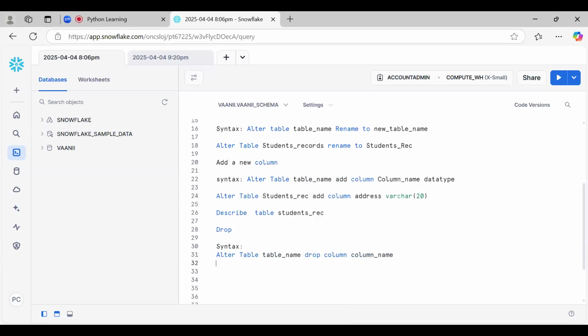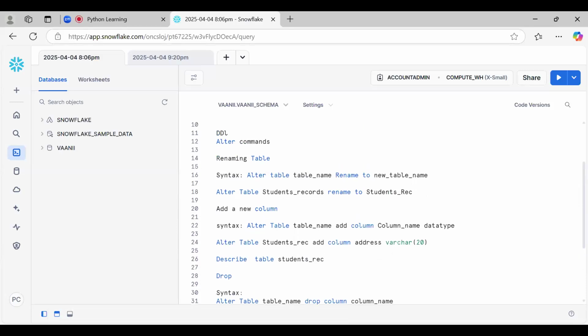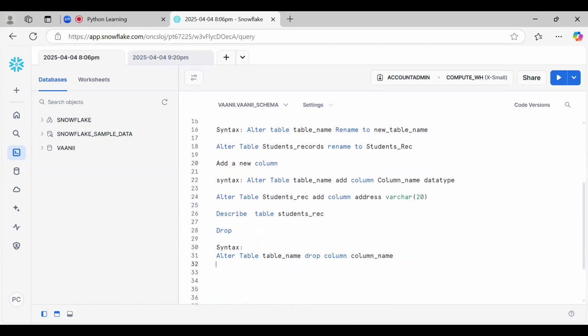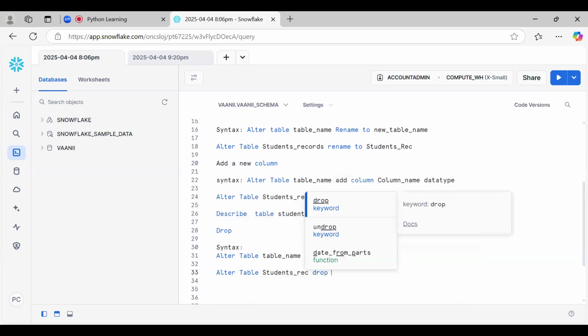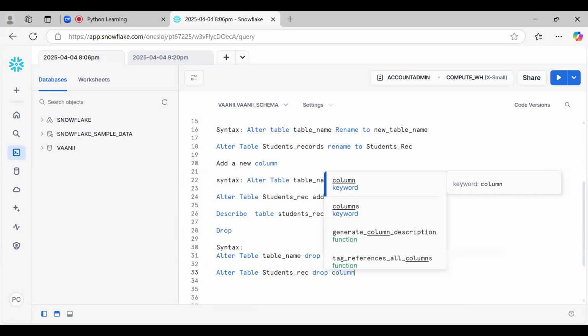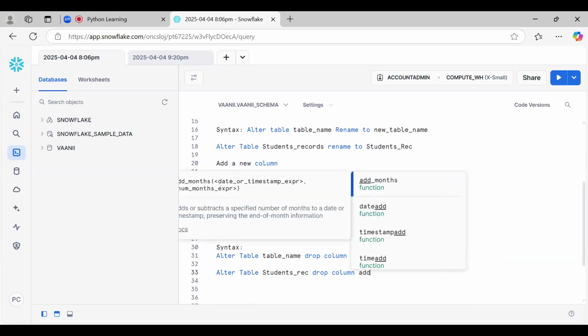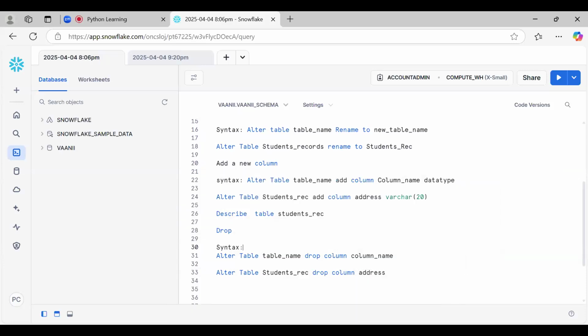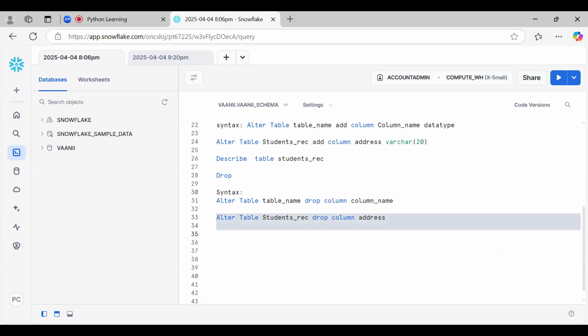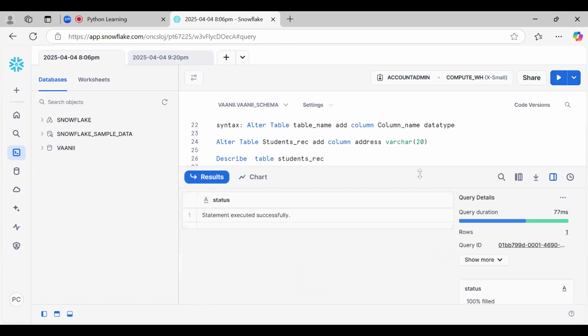Now suppose I want to drop the newly added address column. How can we do it? Table name, this is our table. Okay, executed successfully.